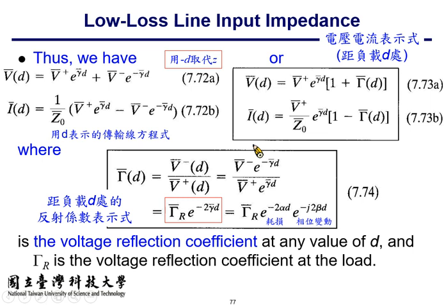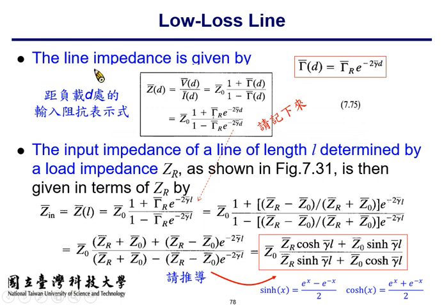So equation 7.74 is the voltage reflection coefficient at any value of D, and gamma R is the voltage reflection coefficient at the load. 所以这些式子还蛮重要的哈，请你要记得看过，要对它有印象，好吗？好，那我们继续。